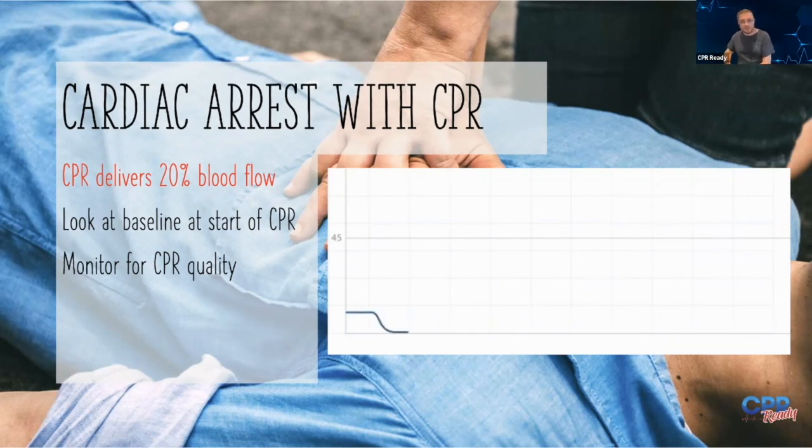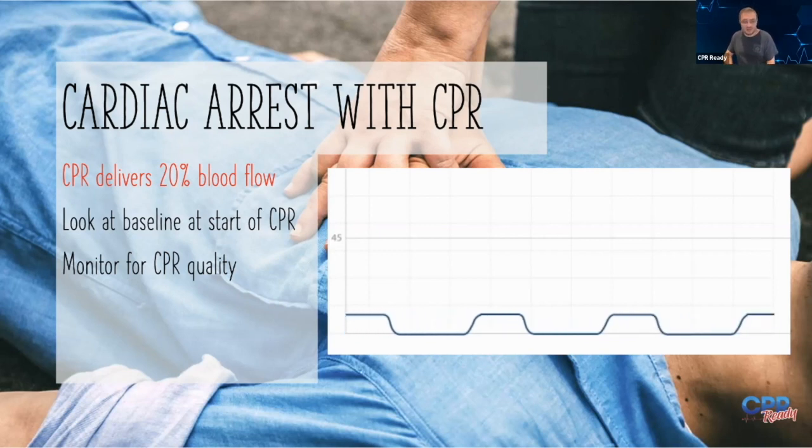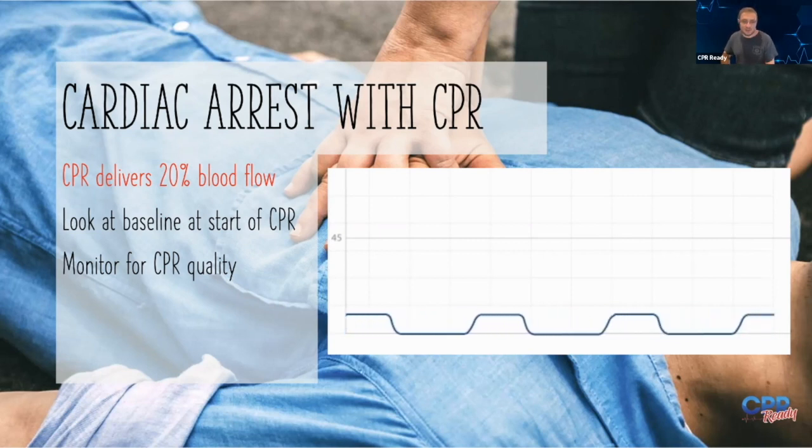regular BVMs with a mask ventilation, but monitoring that, maintaining a good seal on the bag, and seeing during that resuscitation, hey, that end tidal is dropping, the quality of the CPR is getting less effective, will clue you into switching those compressors. And people that are telling you, no, I can keep going, I don't need to switch every 2 minutes. This is objective data that you can look at in real time to show you whether or not those compressions are effective. So it really is important to rotate every 2 minutes our compressors, even though this isn't